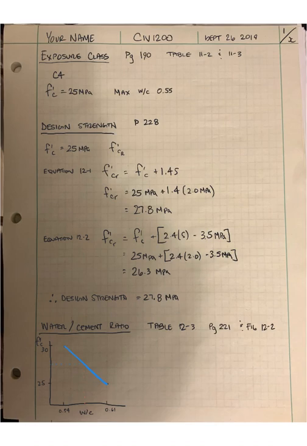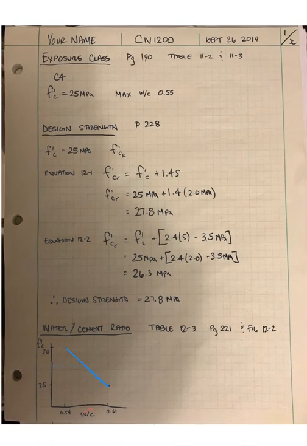25, 5.4, 5.6, 5.7, 5.8, 5.9, 6, 6.1. So this is 5.5, 5.6, 5.7. So 0.57. Okay, and when we look at that, we have to remember though that our exposure class,